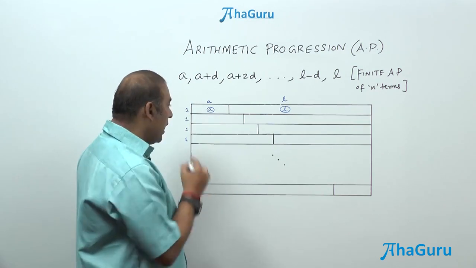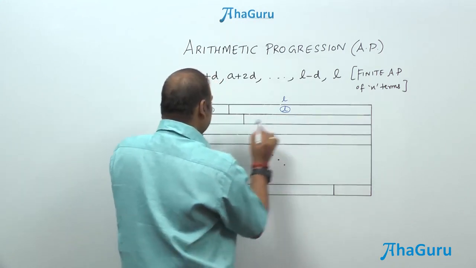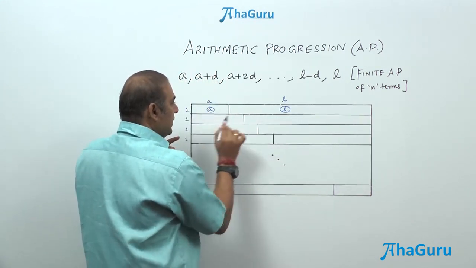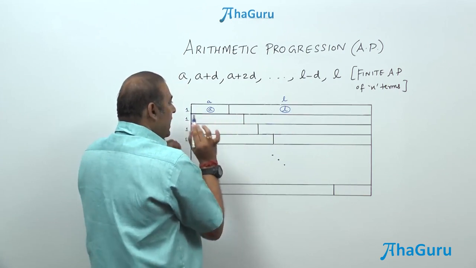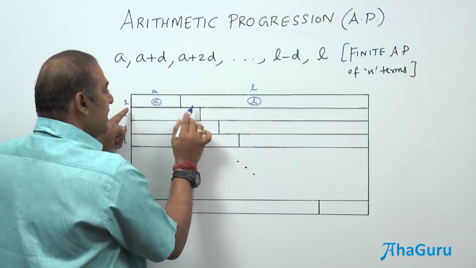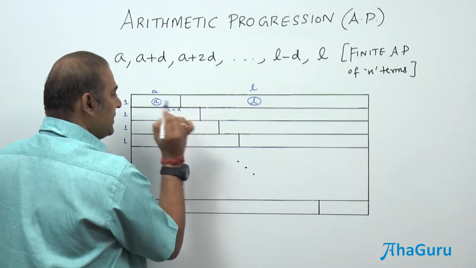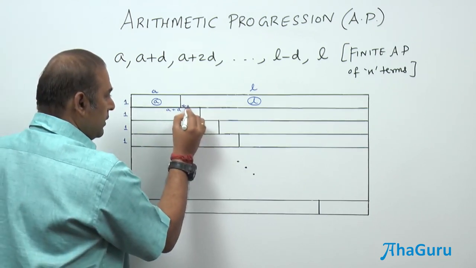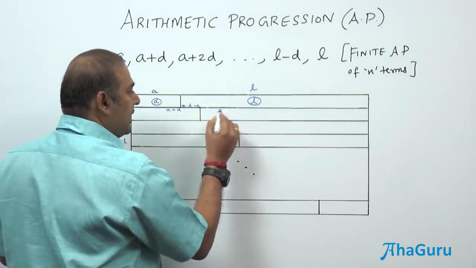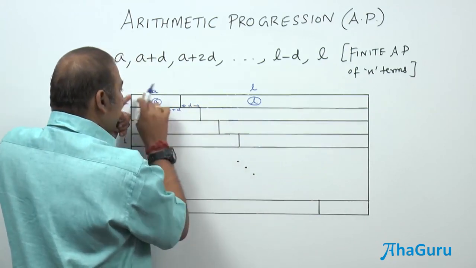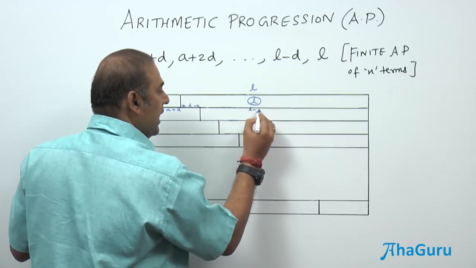Clear? Fine. Now, you can see in the first row you have two rectangles, and the width is going to be 1, the length is A, here the length is going to be L. A is the first term of the AP and L is the last term of the AP, so you have an area A and an area L. Now, if you are going to increase by D, this length is going to be A plus D, because it is going to increase by D. And here the D is increased for this length, but for this length the D is decreased. Therefore, this is going to have a length L minus D.